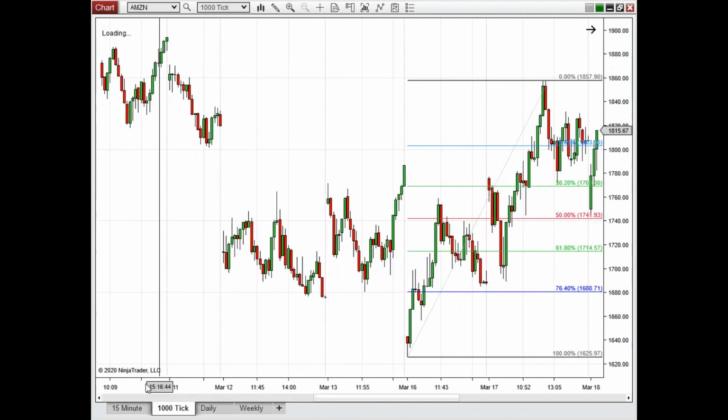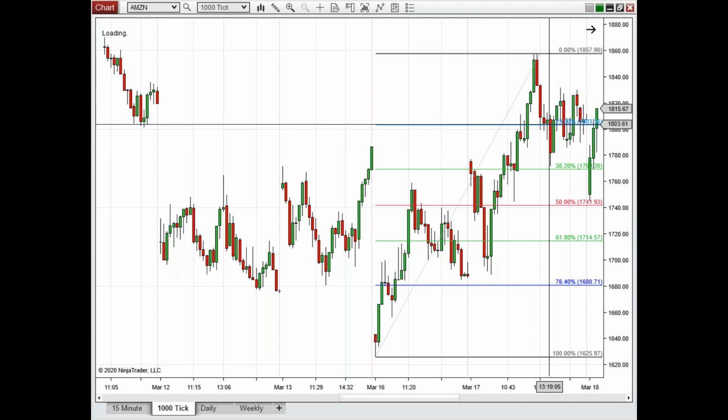So it first pulls back into the 23.6. We get a little bit of a pause there. Then it comes into 38.2, pops back up, gaps down into 50%. So at this point, we're still holding the 50% correction. That means that when we get things moving back up to highs,